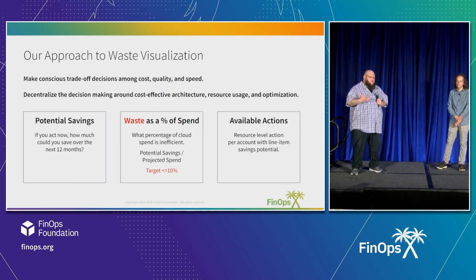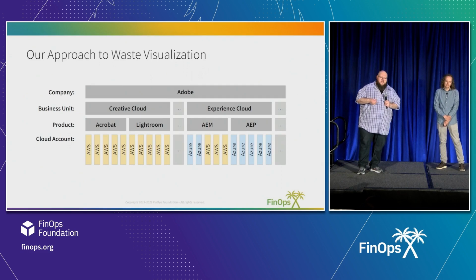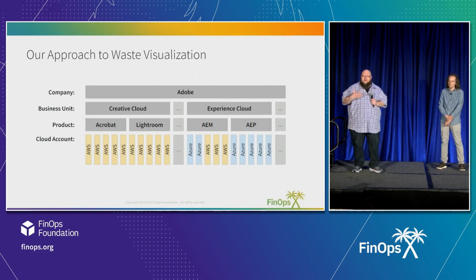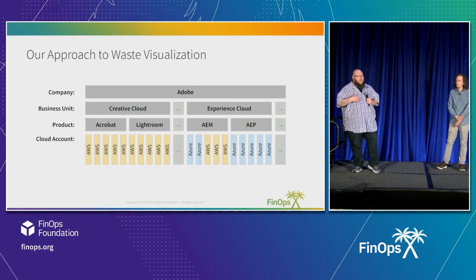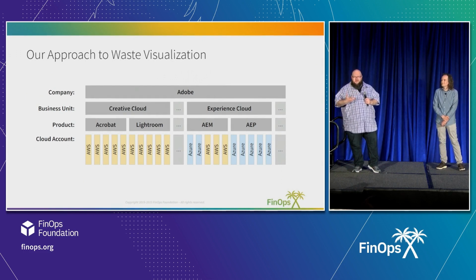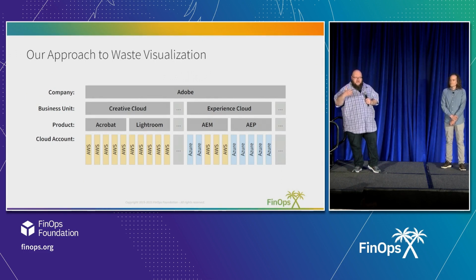One of the bigger challenges we faced on this next slide here is when we think about mapping to our business hierarchy. Adobe has many different business units, and we wanted to be able to view these savings opportunities at the company level, at the individual business units like Creative Cloud or Experience Cloud, an individual product within those, sub-services within those products, and then all of the public cloud accounts that make up the services that those products offer.